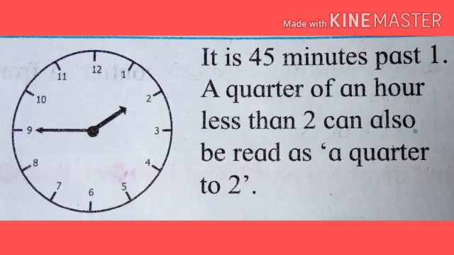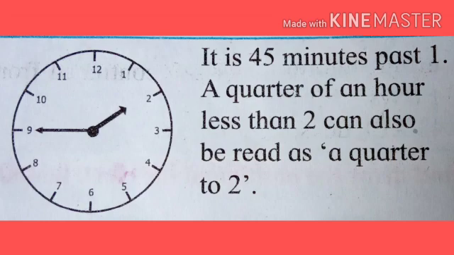Now look at the next one. What you can see in the picture here, in the clock here. Here, the hour hand is mostly near to 2, and the minute hand is on 9. Okay, means it is 45 minutes past 1. After 1 o'clock, how many minutes have passed? 45. So, it is on 9. So, how do you know we have passed 45 minutes? You have to say the 5 times table. Till 9. 5 nines are what? 45. So, 45 minutes past 1.